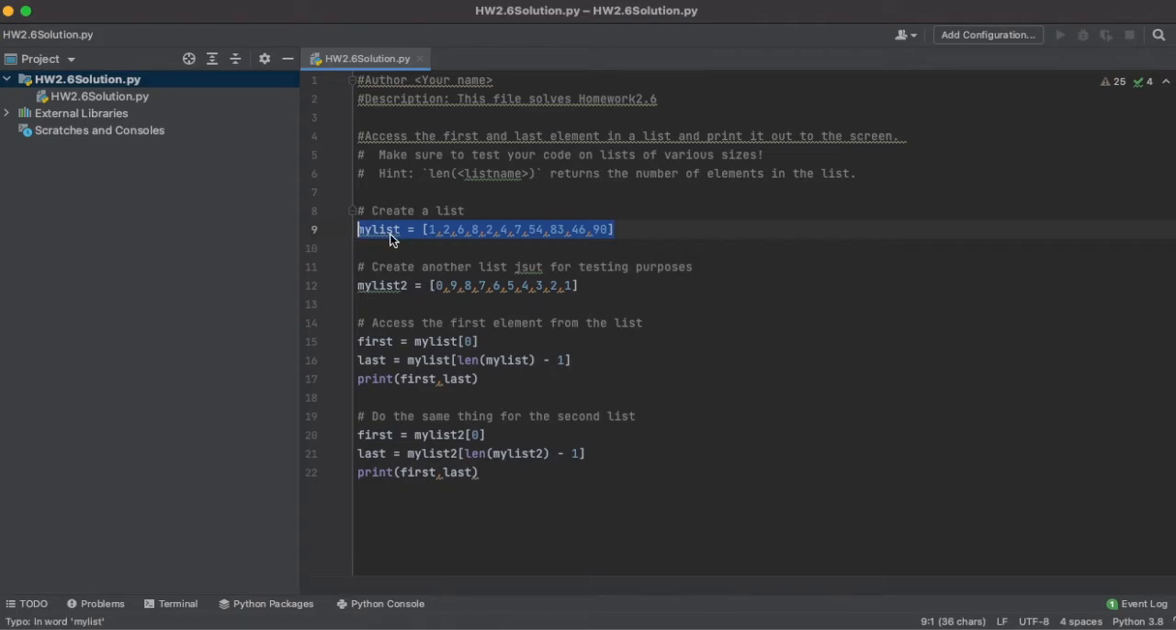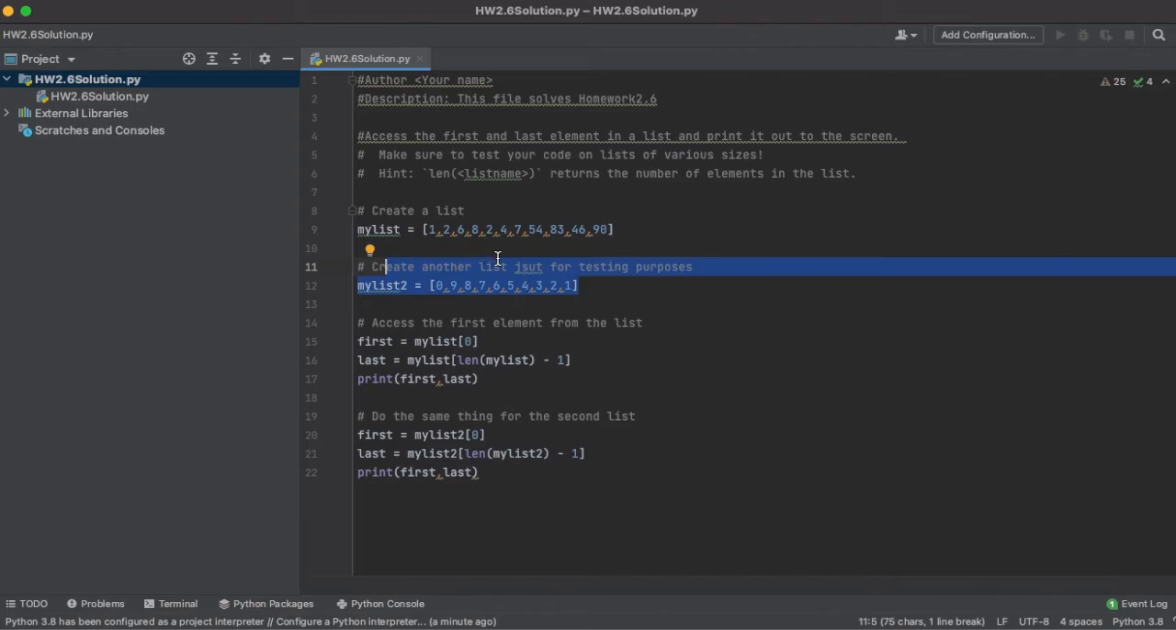If you remember from our previous discussions, all we have to do is put in these square brackets and separate each element by a comma. And we just created another list here so that we can try out lists of different sizes, just to see that this still works. So let's go ahead and